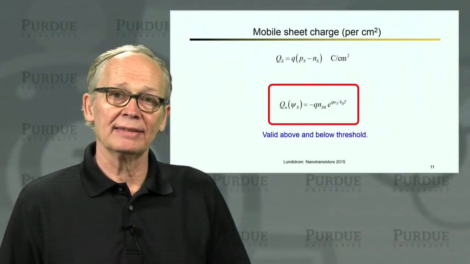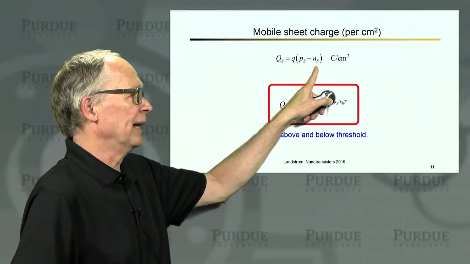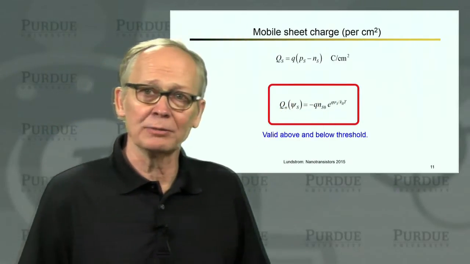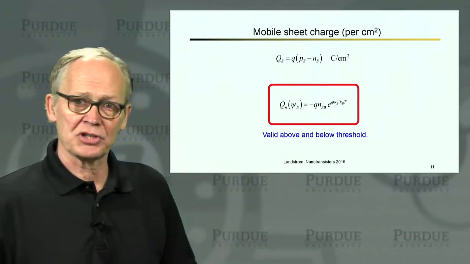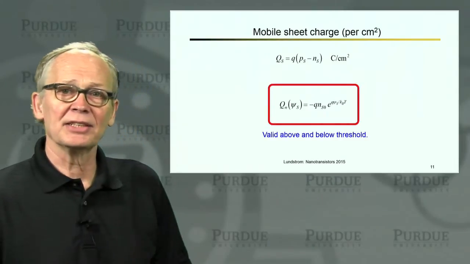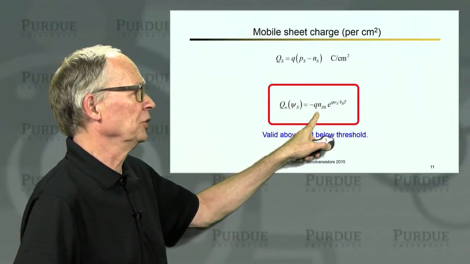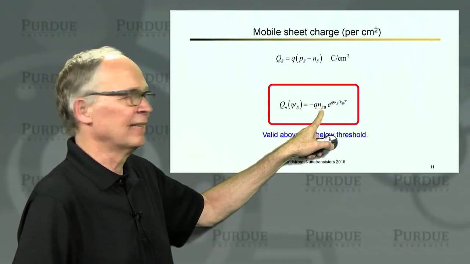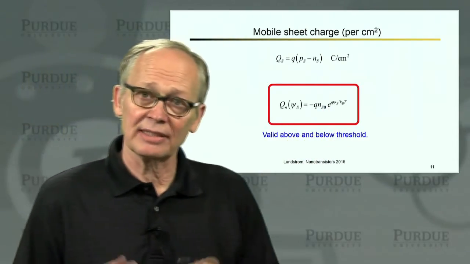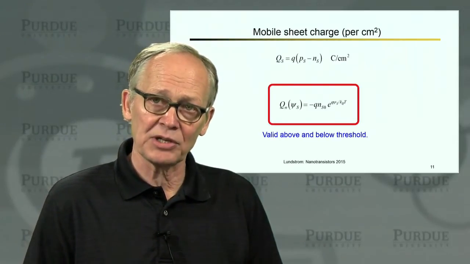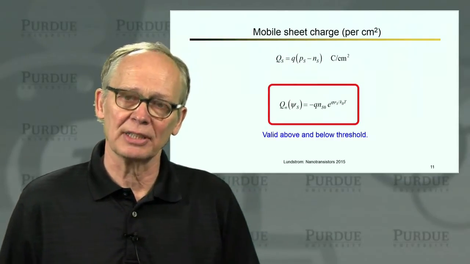Now, if we want to know what is the charge density in this silicon layer, well, it's just positive charge minus negative charge. There are no dopants in this layer by assumption, so there are no ionized acceptors or donors to worry about. We have a very simple relation for the charge, positive and negative. If I'm interested just in the charge due to electrons, I just take the electron charge. So that's minus Q, and our expression for electron density was its value at 0 potential times that exponential factor. And again, just as in the bulk, this is valid above threshold as well as below threshold. The mobile charge density varies exponentially with potential.